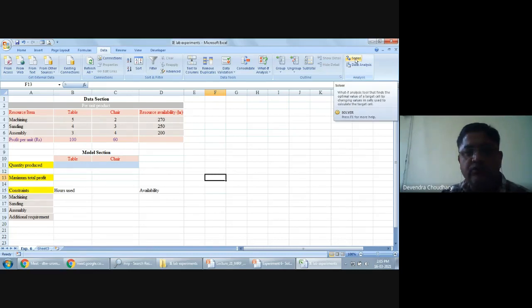Before clicking on Solver, we need to do some calculations here in the table.